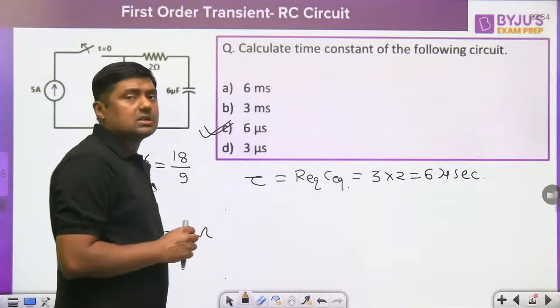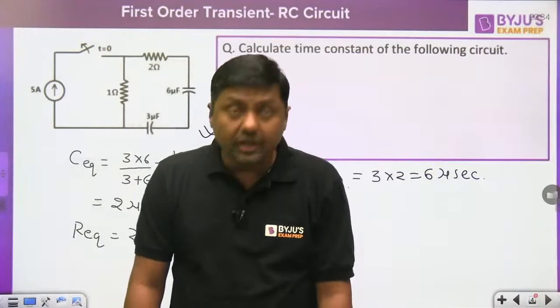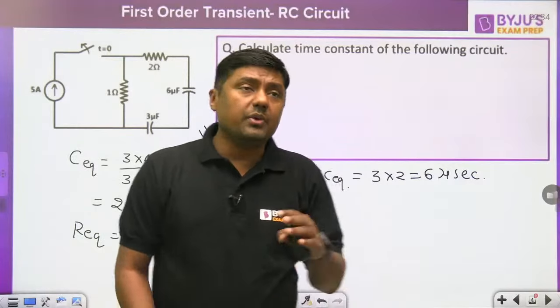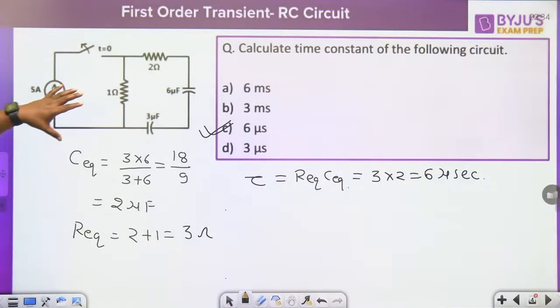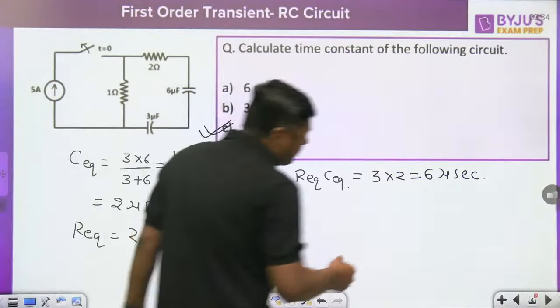That is C, the answer for this question, right? So this is a very basic question on how we can calculate the time constant, with 1 ohm, 2 ohm, 6 and 3 microfarad. So that is one question. Now another question,